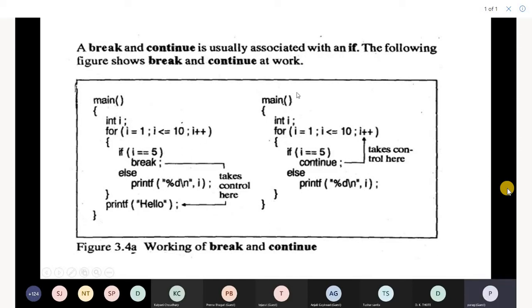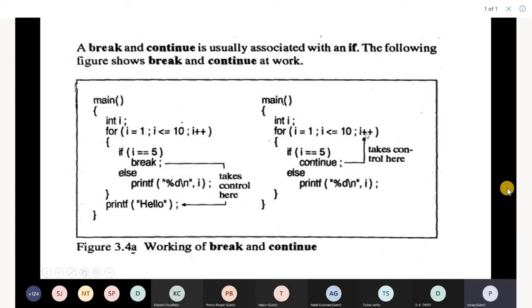As compared to break, we have continue, wherein when the condition is satisfied, that block of code execution will be skipped. So it is also a control transfer, but it is not taking it outside the loop, it is taking it to the next iteration. Suppose I was 1, it will be printed, 2 will be printed, 3 will be printed, 4 will be printed. I was 5, nothing will be done, we will continue to the next iteration.